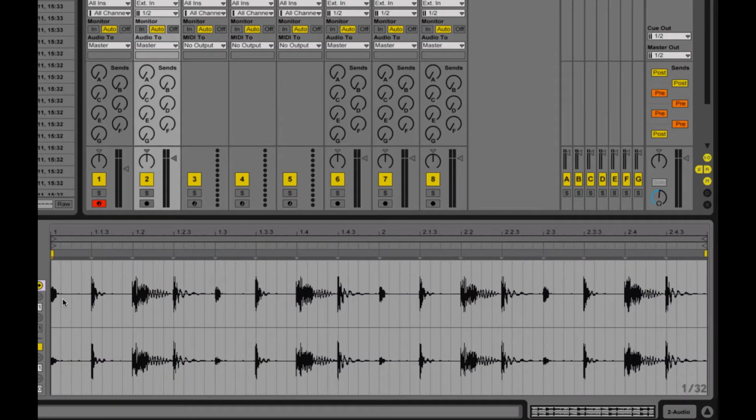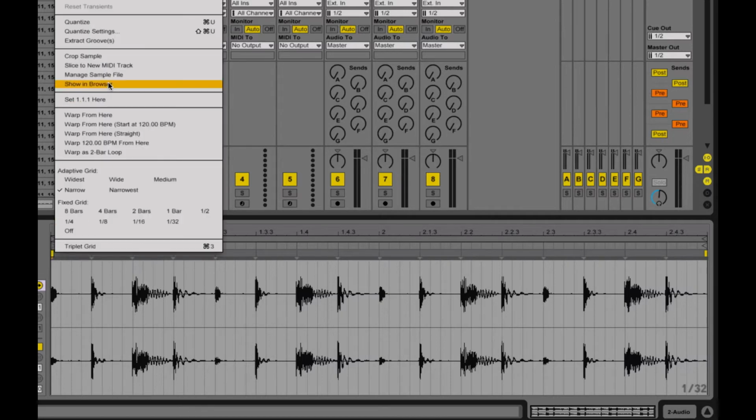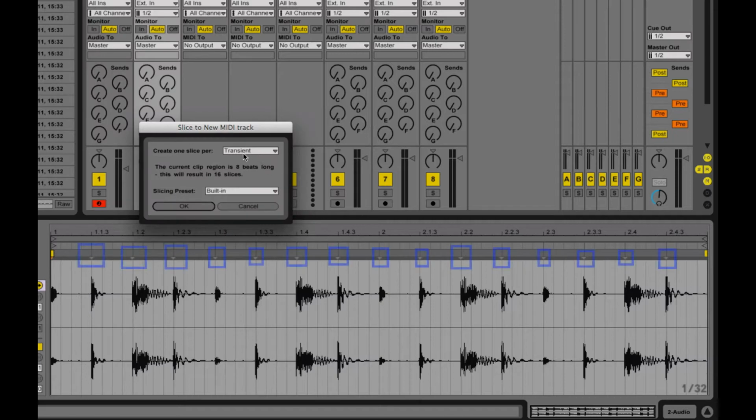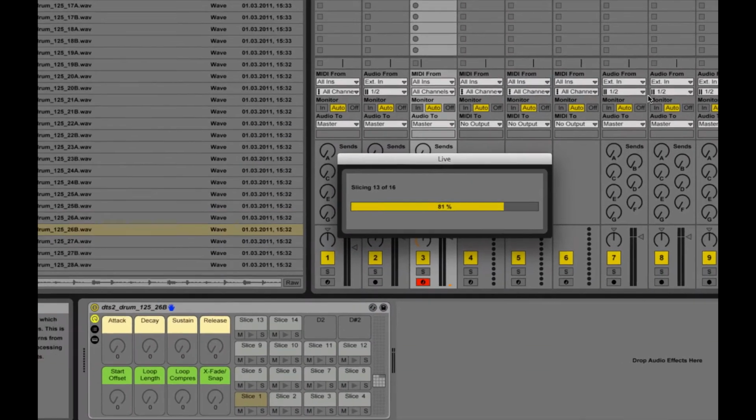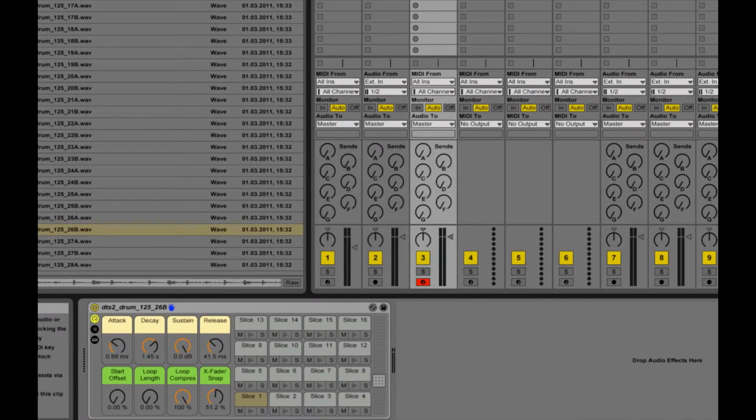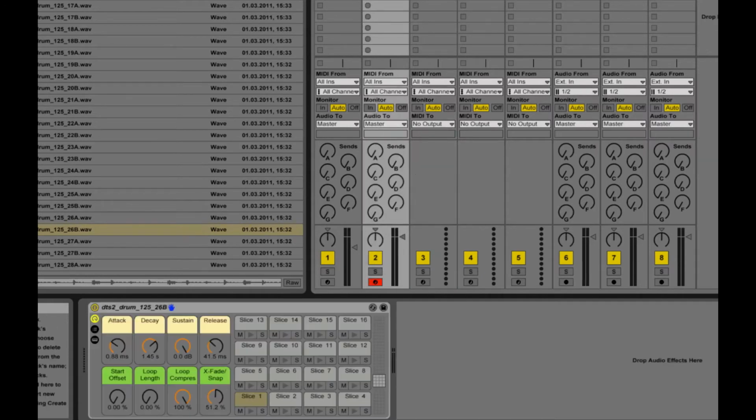So what I'm going to do is go inside the clip. I'm going to right click on a transient and say slice to new MIDI track. I'm going to select transient so that every hit has a transient, so that when it plays, it's going to play just like a drum loop, but in MIDI parts. So now that we have each individual slice,